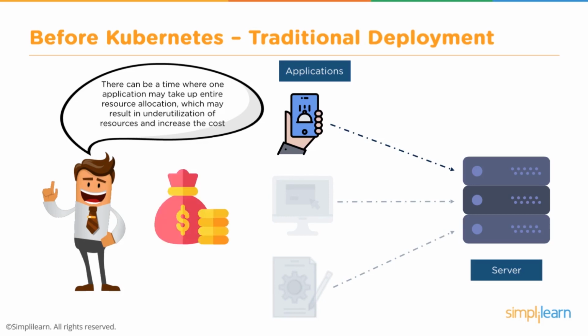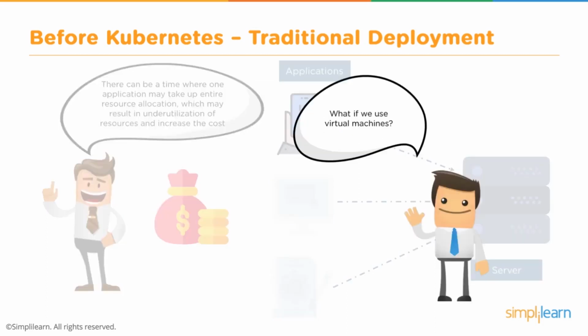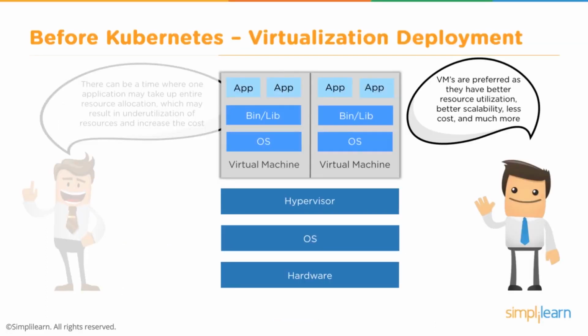The problem that you have with this kind of infrastructure is that it gets very expensive. You can only install one piece of software, one service on one piece of hardware, so your hardware is being massively underutilized. This is where virtual machines have become really popular. With a virtual machine, you're able to have better resource utilization and scalability at much less cost. And this allows you to be able to run multiple virtual machines on a single piece of hardware.